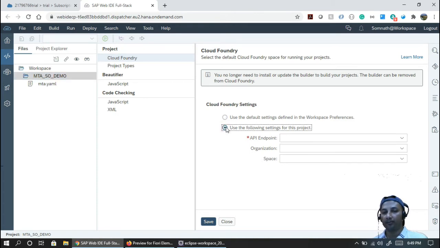Okay, now API endpoint, right? API endpoint means where you have your CDS service loaded. I'd recommend using the same email ID, because you can have multiple SAP trial instance login credentials, but make sure you are using the same Web IDE credentials as your cloud when you create the instance. In the first tutorial we created the instance with our user ID. So the same user ID we have to use.